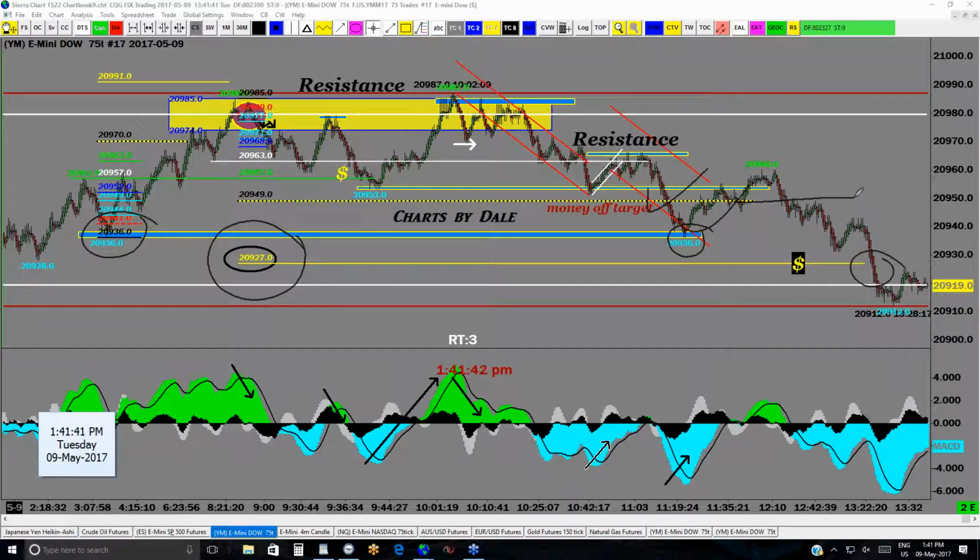Okay, so it comes right into this area. Proceeds to target, and what took place on the MACD rolls down through, and voila, success on one out of two. Oh, and by the way, that